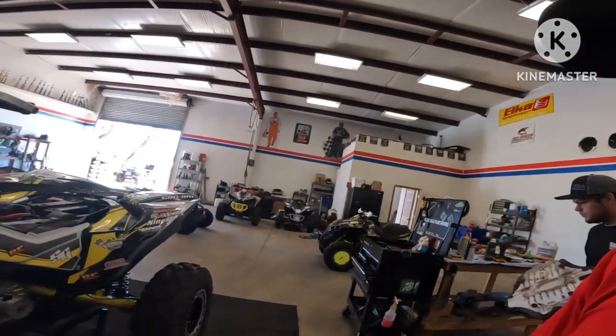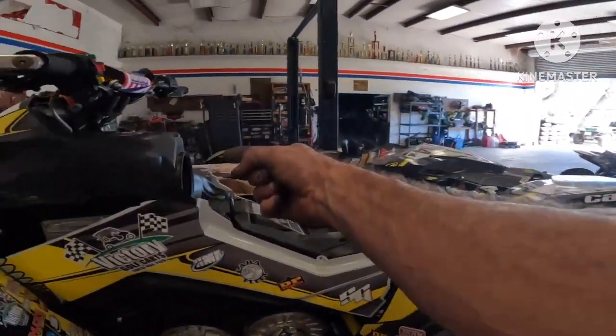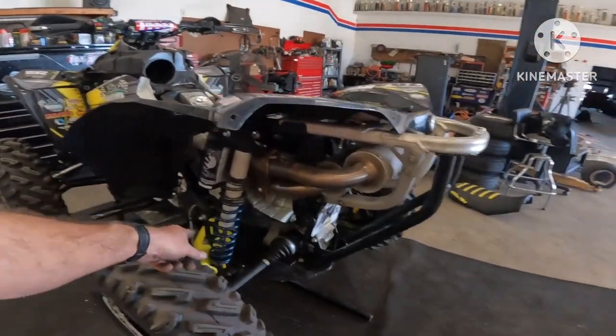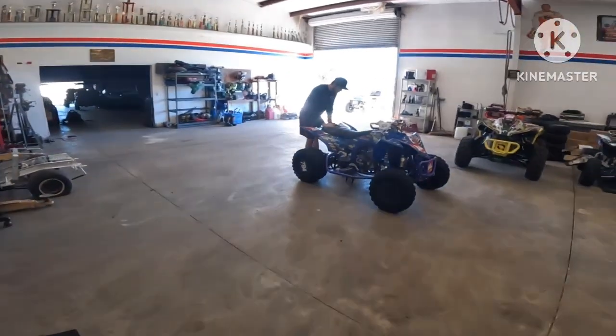But anyway, all right, got to put that back together, put all this stuff on, get the air filter in there, and other than that, I had to tighten up a couple bolts on the skid plates, get that done. And then Brandon,